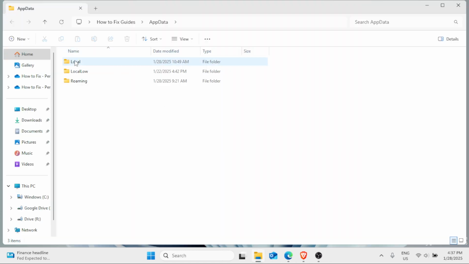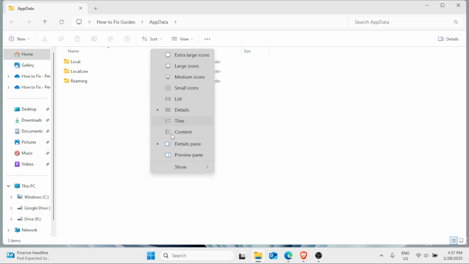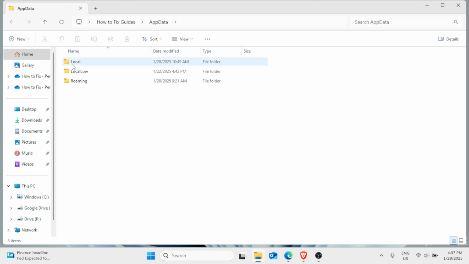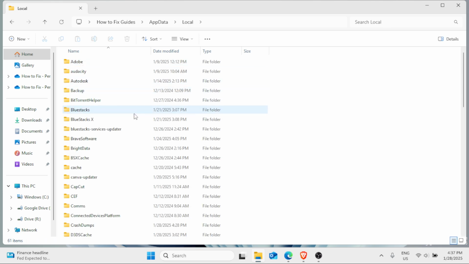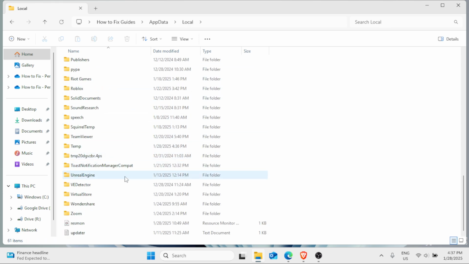Now here you have the Local, LocalLow, and Roaming folders. If you cannot see these folders, click on view, click on show, and click on hidden items. And then once you find Local, double click. Then here in the list of folders, you need to look for the icon cache. I cannot find the icon cache right here, but if you find the icon cache, just simply right click